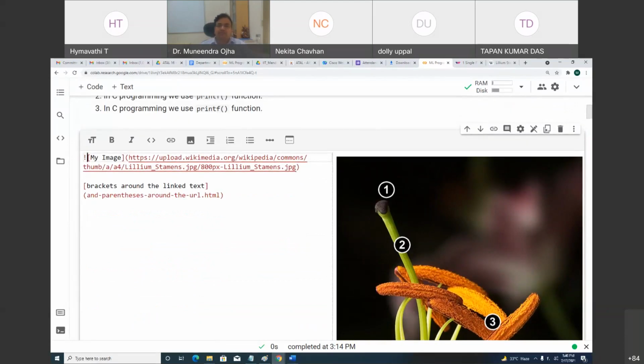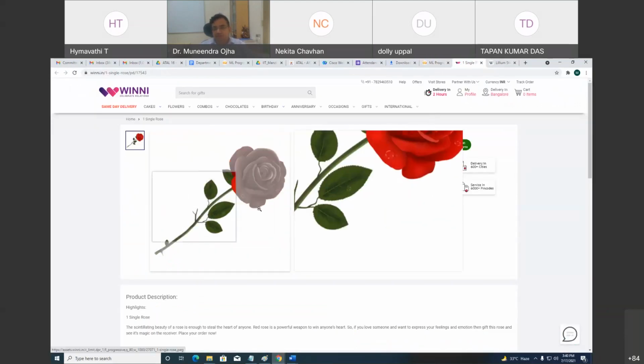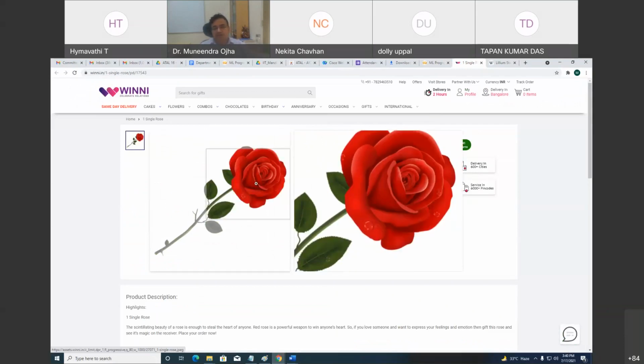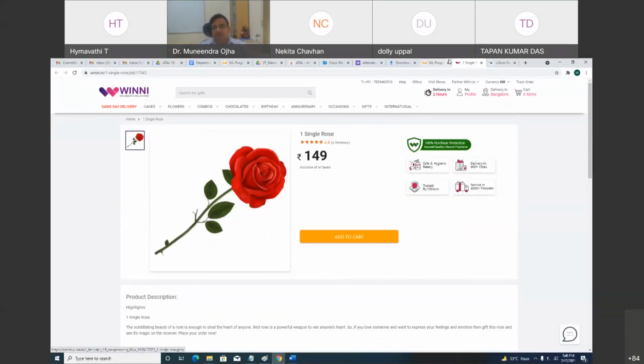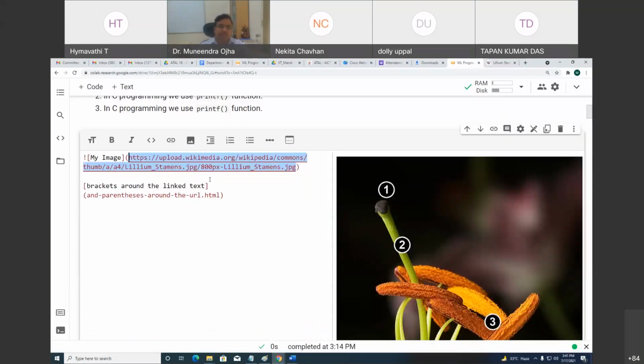The catch is to find the link to the file, not the dynamic URL. A dynamic URL will not work, because if I try to take the link of this file, this is a dynamic URL. It doesn't work like that. So static URLs which directly refer to the file are necessary over here. That is the catch. I think I was able to demonstrate this part.